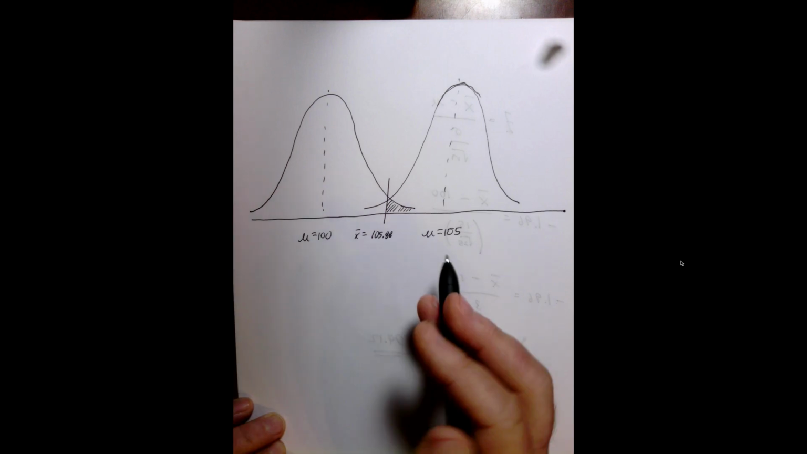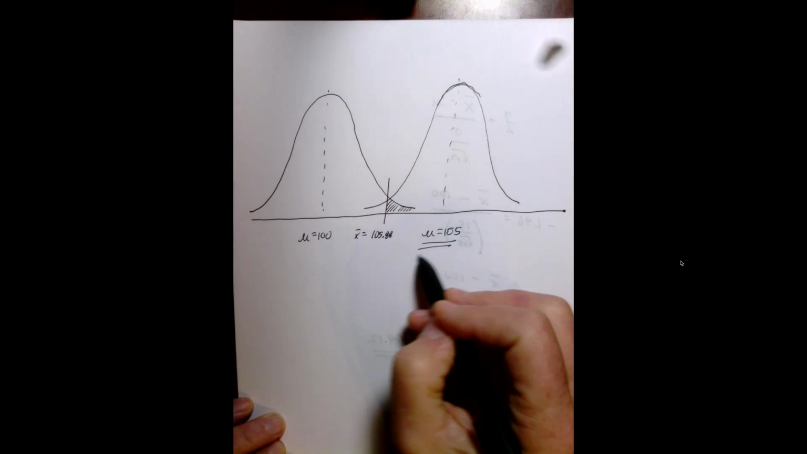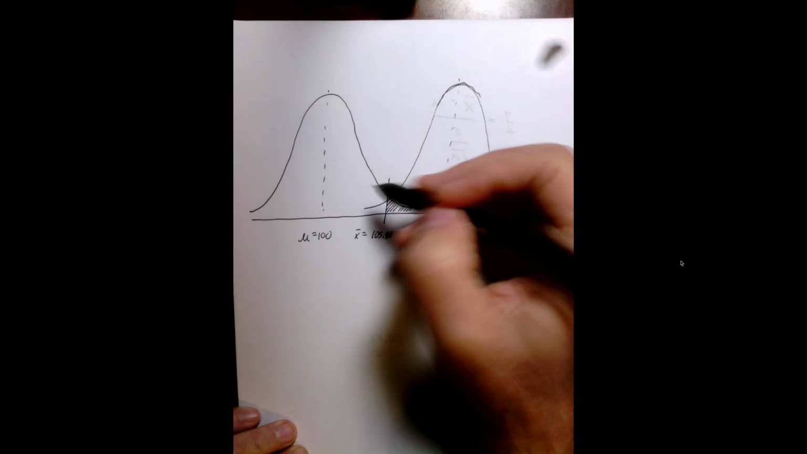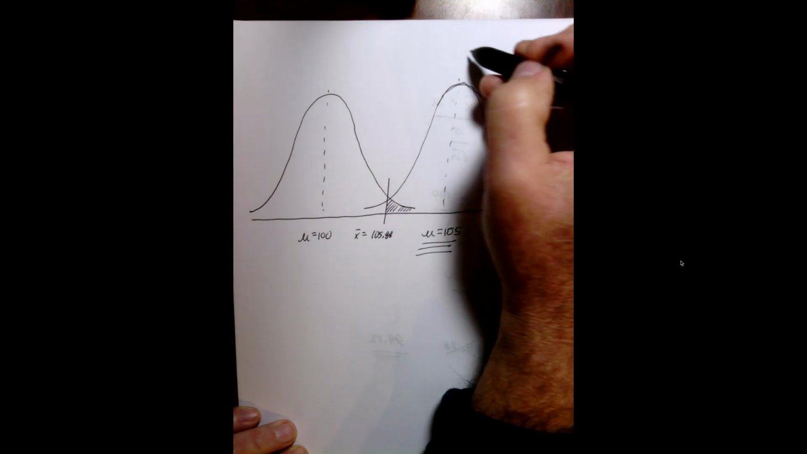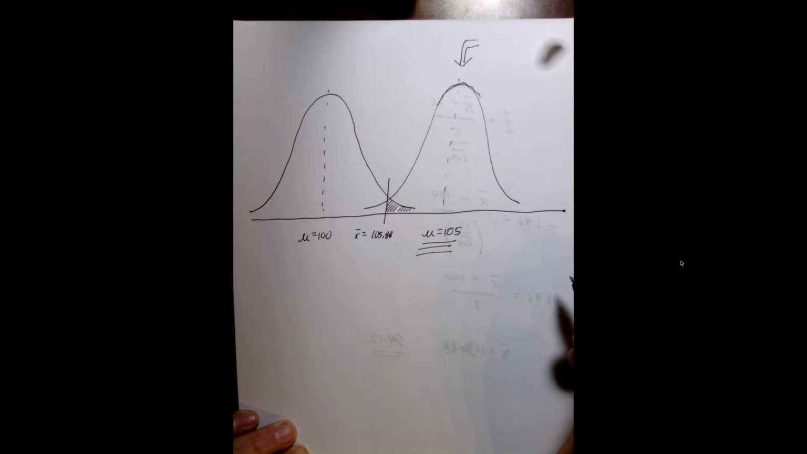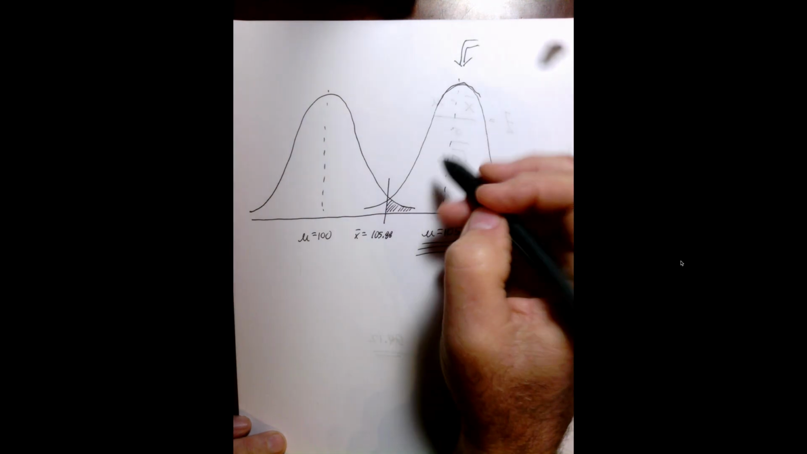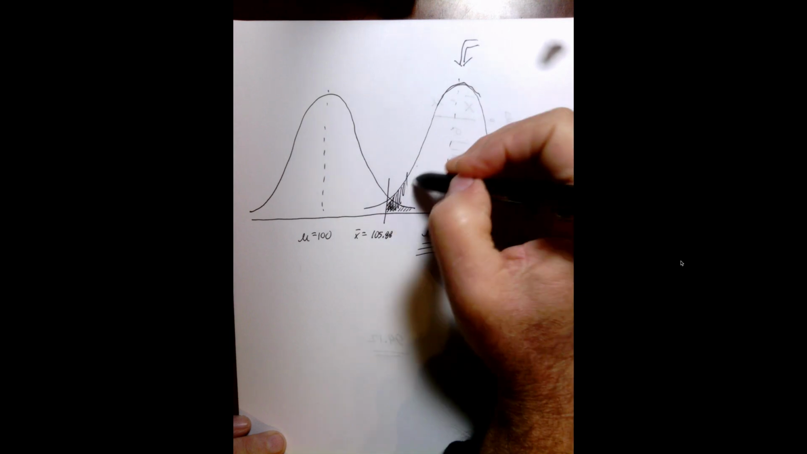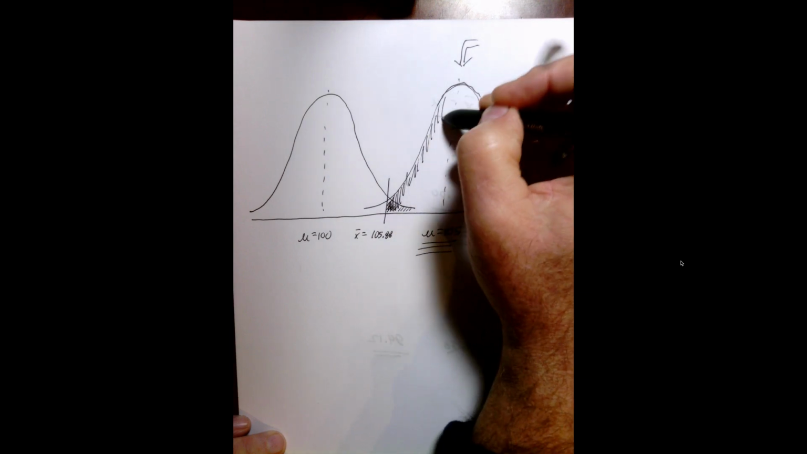Now, switching gears completely, our focus turns to mu equal 105 because we're talking about the context of beta, the probability of a type 2 error. So I want you to think about, now we're residing in this distribution, so all of our calculations have to take part in that distribution. So I want you to think about, what does this area